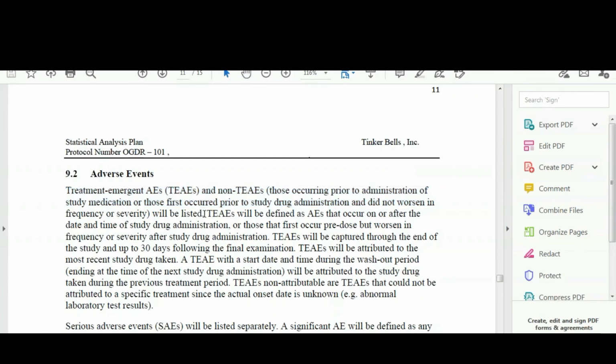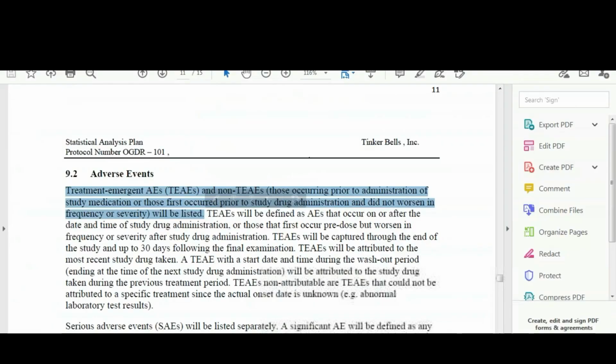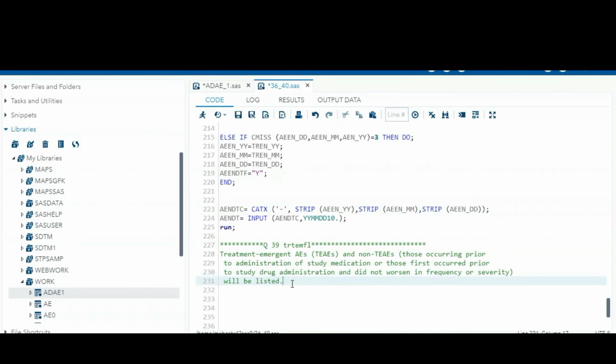If you see carefully, most programmers handle only the first case, and they don't know how to handle the second scenario. Here you can see the treatment emergent AEs are those occurring after the administration of study medication, or those that first occurred prior to the study drug and worsened. Those cases we can also consider as treatment emergent. How to write this code?